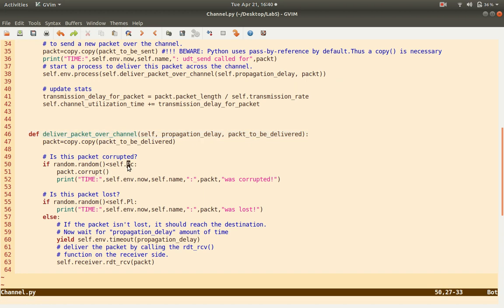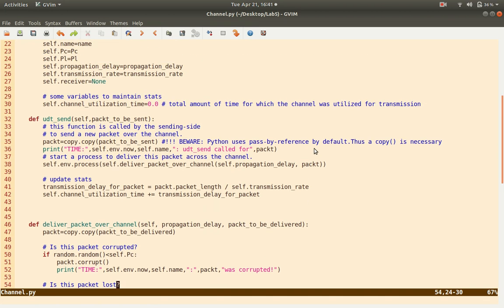Depending on the PC, there's a probability of corruption, we may or may not call packet.corrupt, and depending on PL, the packet may or may not be lost. If the packet was lost, a message is printed, else we deliver the packet to the other side after propagation delay amount of time. So that is the behavior of the channel.